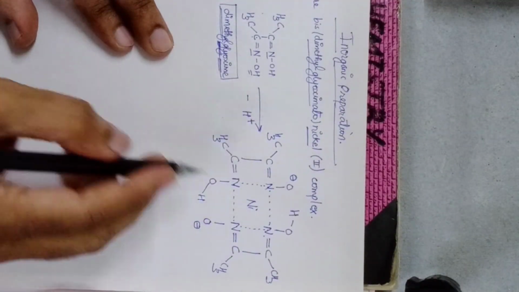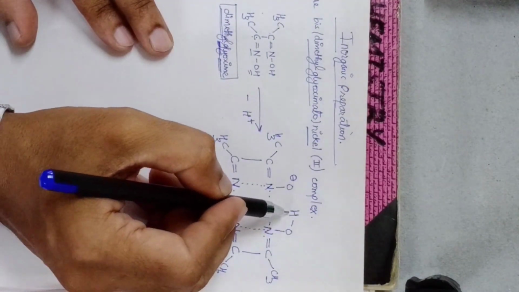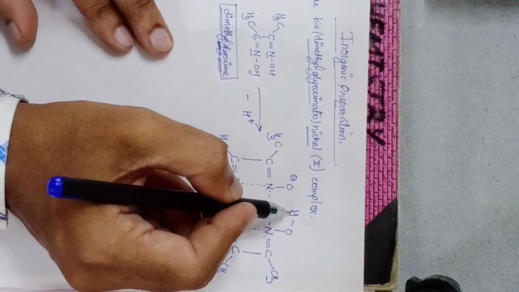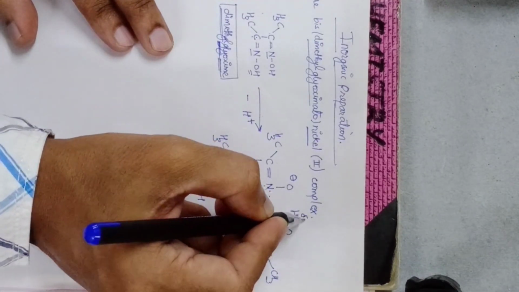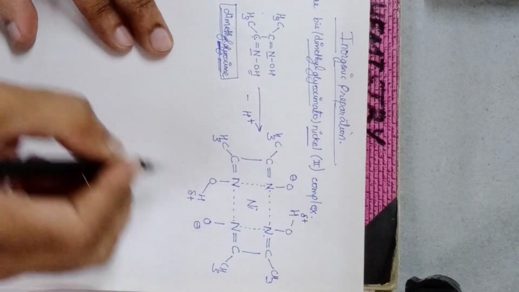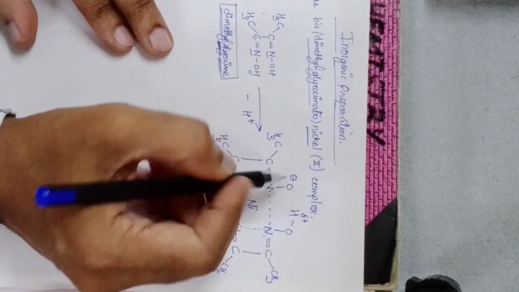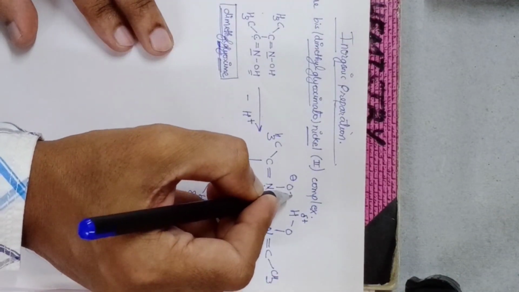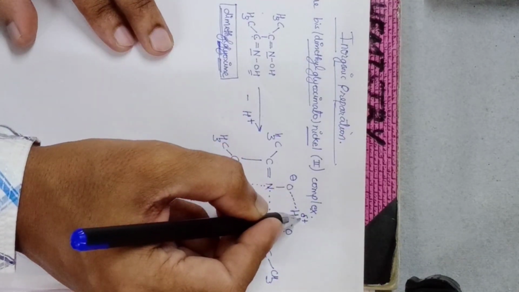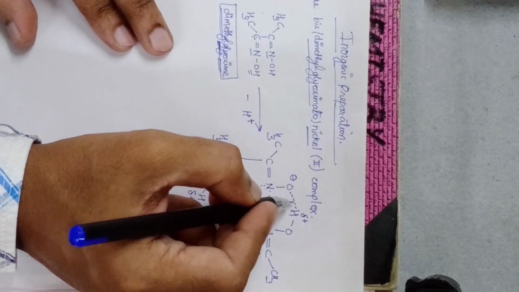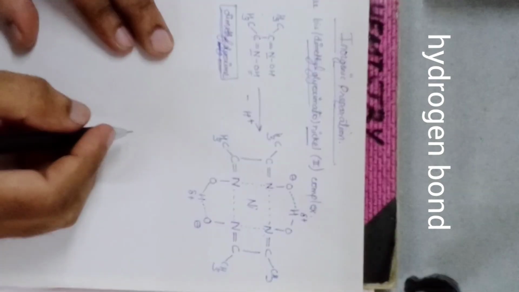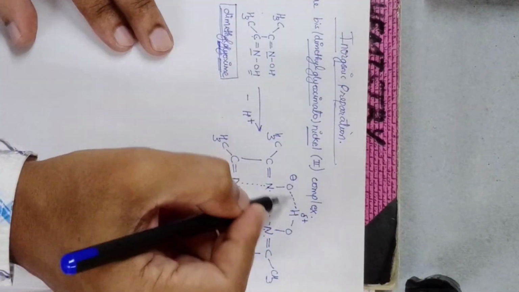We know any bond of hydrogen with highly electronegative atoms such as fluorine or oxygen or nitrogen has a tendency to create partial charges. So there will be a partial positive charge on hydrogen, there will be a partial positive charge on this hydrogen as well. There is a negative oxygen very close, in close proximity, and this will result in the formation of attraction between a negative oxygen and a partially positive charged hydrogen. We call such type of interaction a hydrogen bond. You have studied hydrogen bonds in chemistry as well as in DNA. So this is a hydrogen bonding interaction.